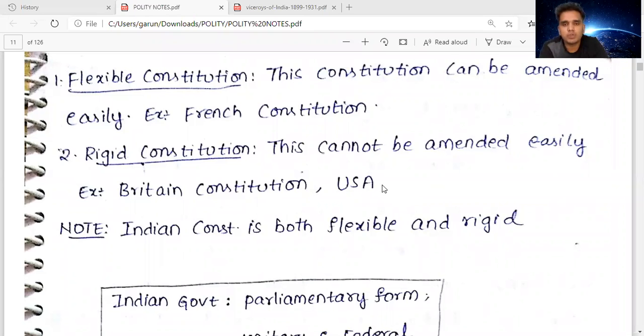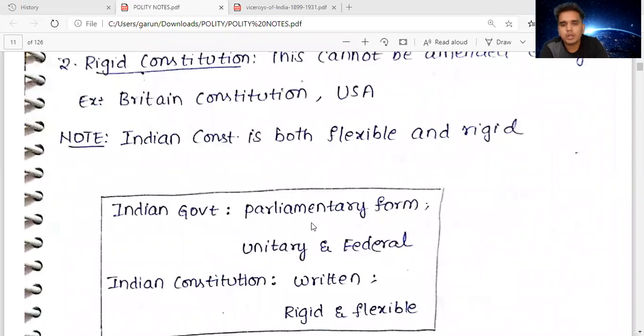Indian constitution is both flexible and rigid. Indian government parliamentary form, unitary and federal. So federal features में क्या होता है कि the residuary powers में हमने जैसे देखा कि the powers are defined according to the union list, the state list and the concurrent list. But what happens is that Indian parliamentary feature is basically high in terms of unitary. Okay, unitary features ज़्यादा है, means the central government is having more power than the state government,